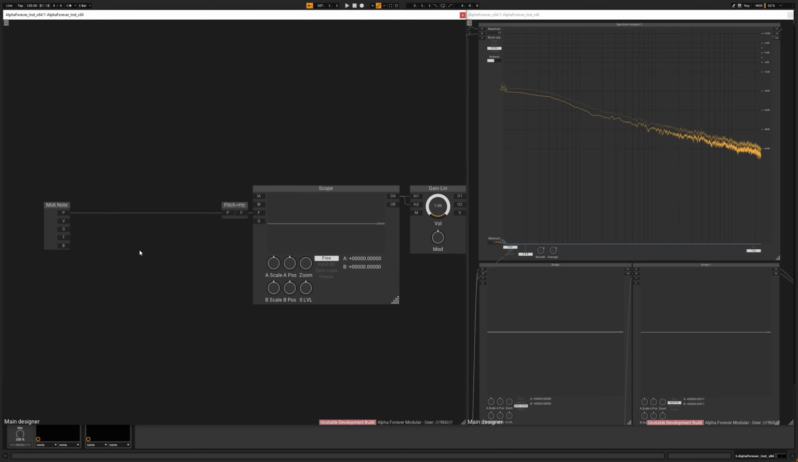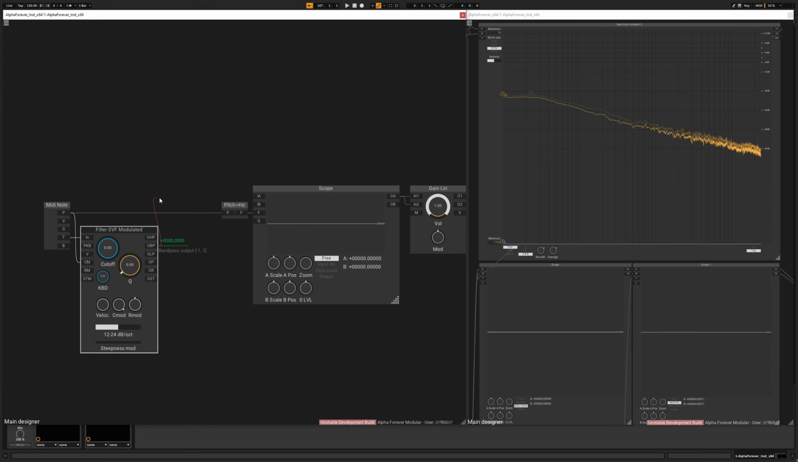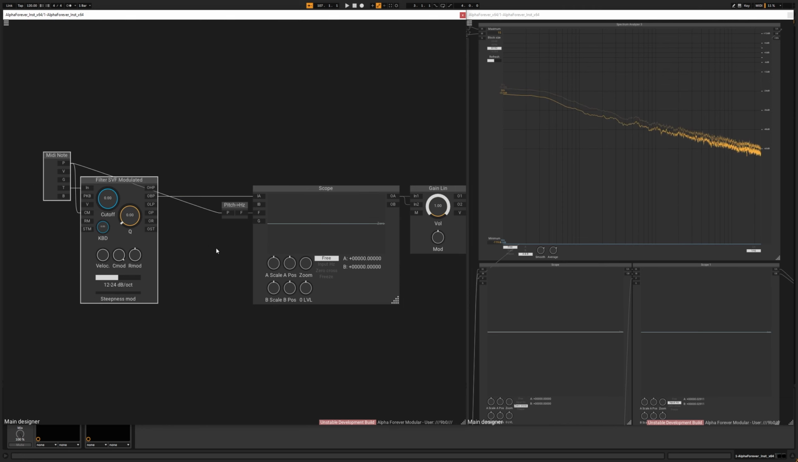Okay, let's create a Rhodes using a filter. I'm going to use the state variable, take the cutoff to 0, the resonance to something very low, plug in the trigger, set the cutoff modulation to the maximum, and plug the pitch into the cutoff modulation. And if we use the bandpass output and plug it into the A input,